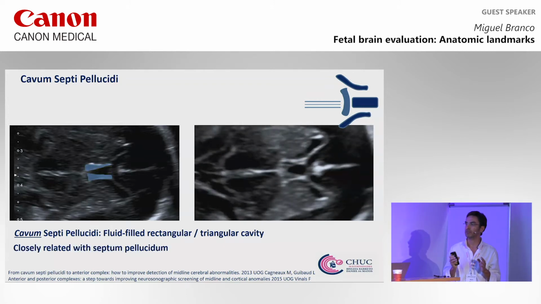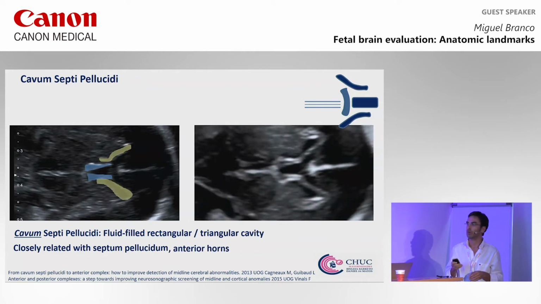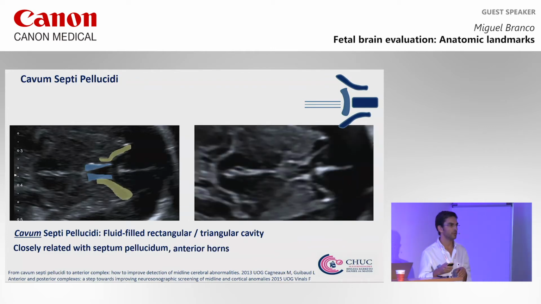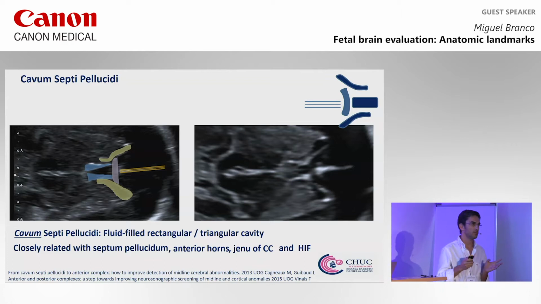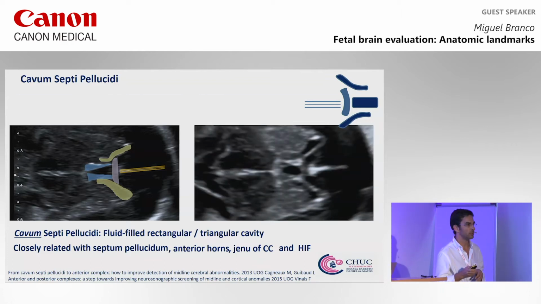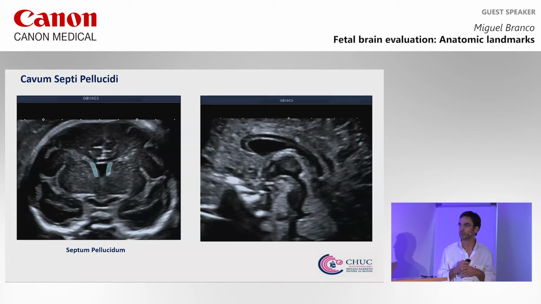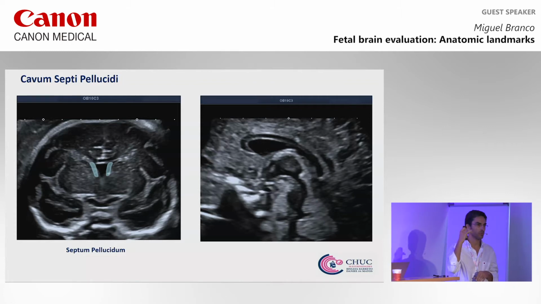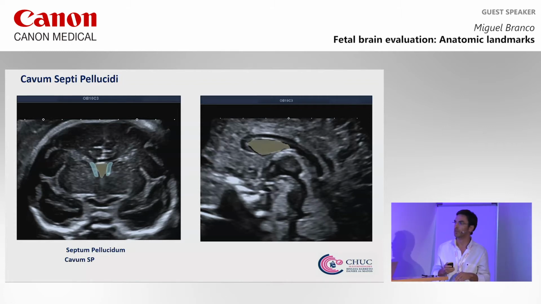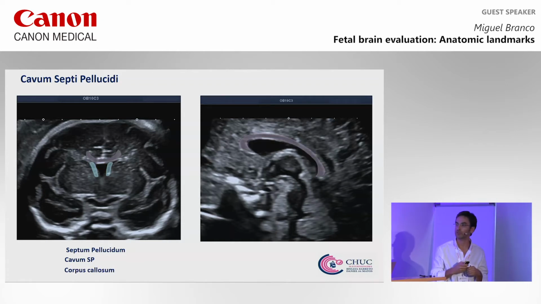It's closely related with the leaflets of the septum, with the anterior horns of the lateral ventricles, with the corpus callosum, the genu, the knee, and also with the interhemispheric fissure. It's easy to identify in axial evaluation, but also in coronal evaluation. Here in blue, we are able to visualize the septi that are 2 thin vertical membranes that run from the corpus callosum until the fornix, and between them we have the cavum that is in close relation with the corpus